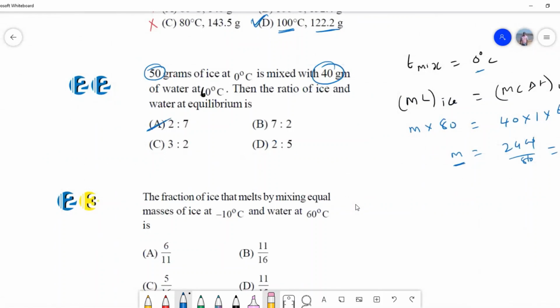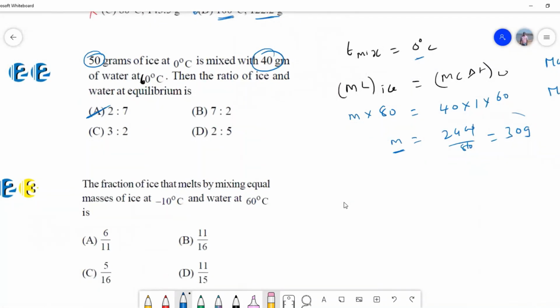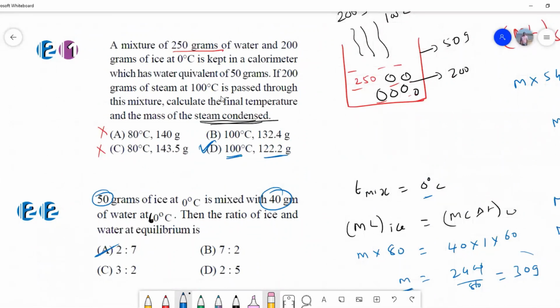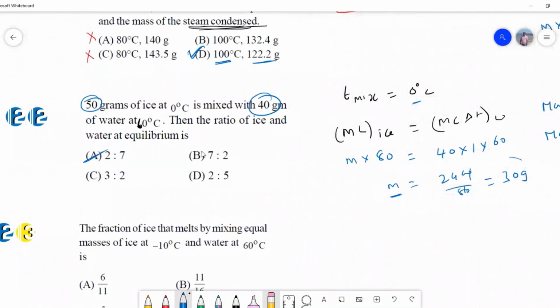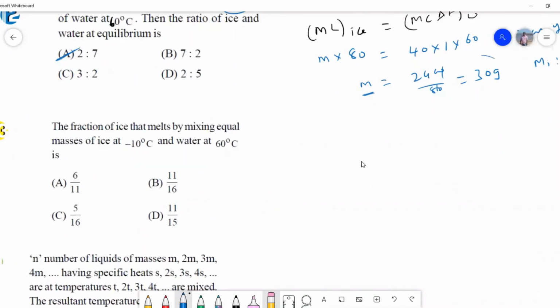So remember, in this heat loss problem, all the ice is not melting. So you need to keep it in mind: whenever there is ice and water, the resultant temperature is 0. There are two important problems here. Here the resultant temperature is 100 because there is uncondensed steam. Here the resultant temperature is 0 because there is ice. Now let's move on to problem number